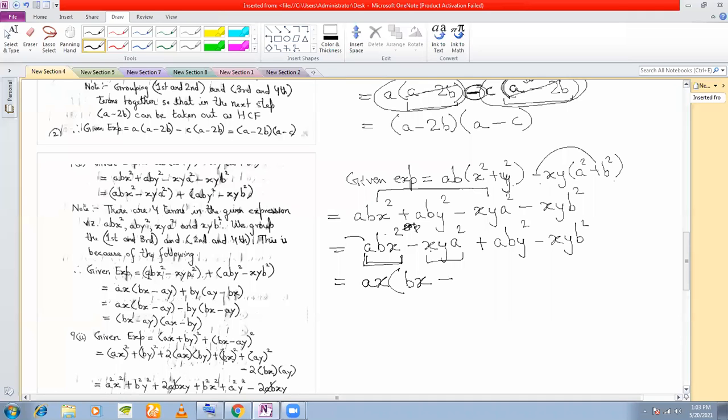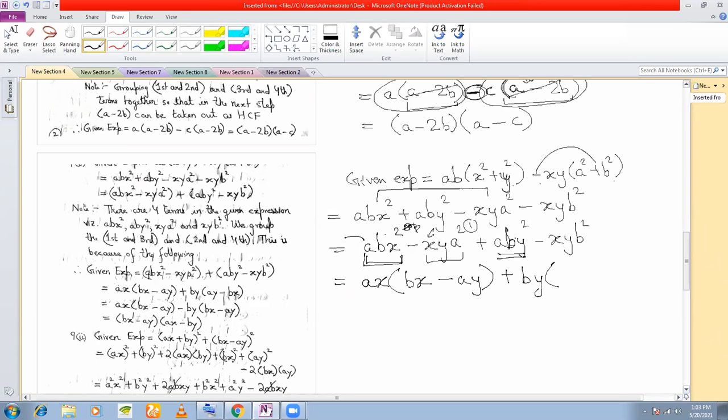Minus, and here again, if I am taking out ax, this x I am removing, and 1 power I am removing from here. That means I'll be left with only ay plus. Now again, from these two, what can I take common? I have b here common, so I can take b. I also have a y common, so I can take out y, right? So now what am I left with?